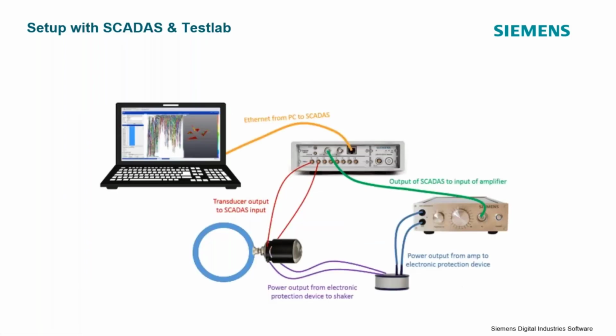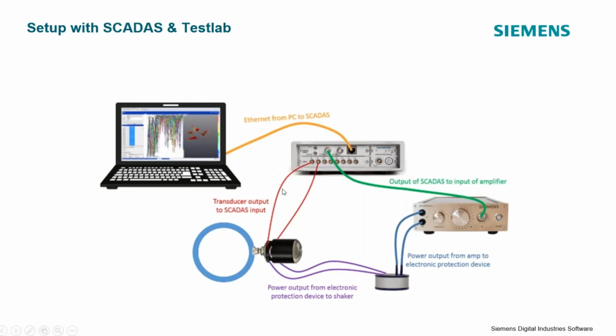These guys will get hooked up in very similar fashion, signal out from the SCADIS into the amp. All of these Q sources do come with a sort of a current protection device. So this will keep you from overdriving the shaker and damaging it. So this is sort of like a little fuse breaker if you want to think of it that way. It does not actually have a mechanical fuse, but that sends that condition signal out to the Q source shaker.